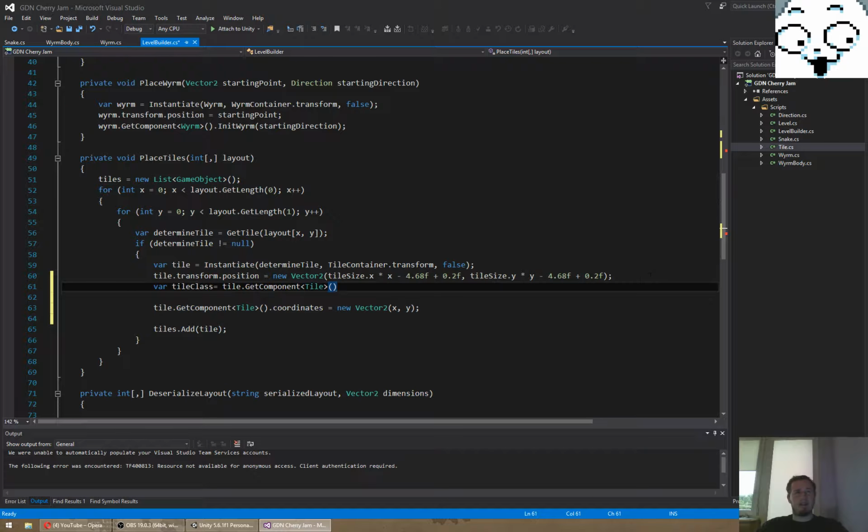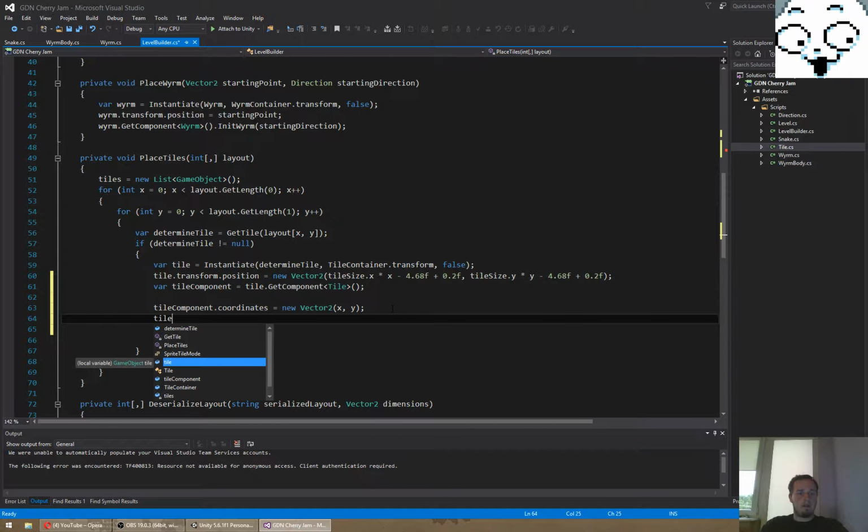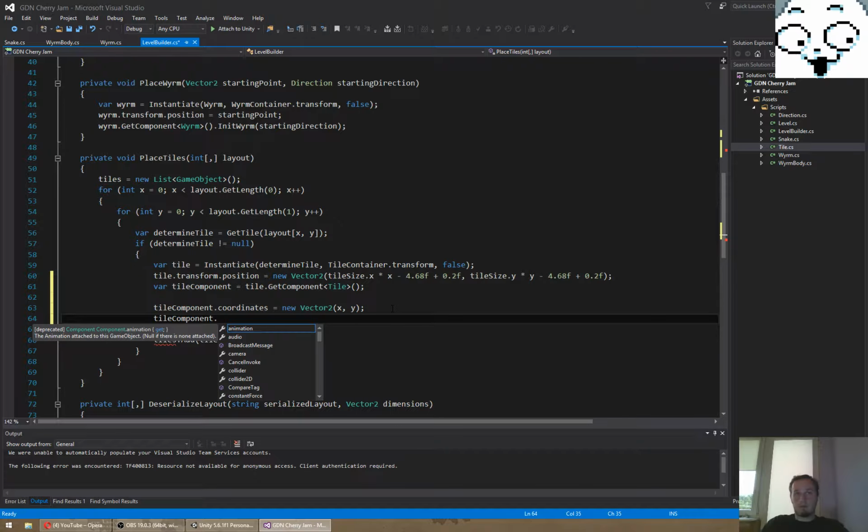This is bad practice. This is like tile component. Yeah, it will be less of an issue. So tile component coordinate and tile component dot traversable